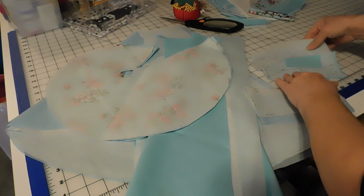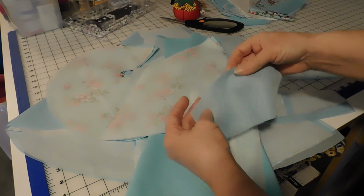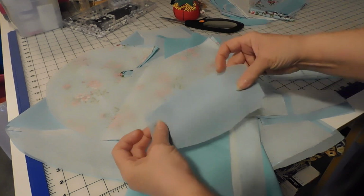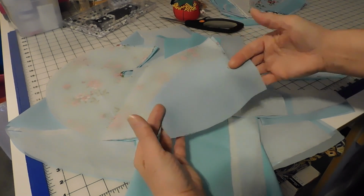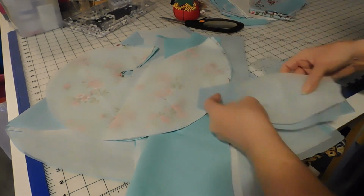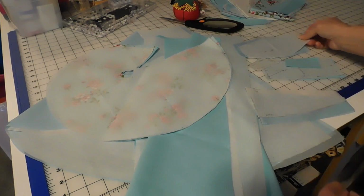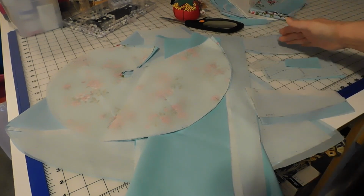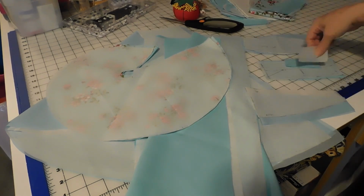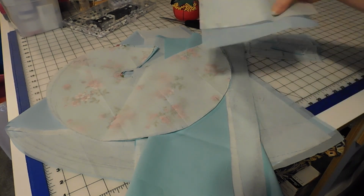let's see, where's the little sleeve puffs. I did cut 4 of these pieces, so I may just go ahead and sew them and then turn them out so that I'll have finished edges and I won't have to hem those edges. So each little sleeve puff has 2. You can kind of do that however you choose. You can either do that with a facing or just hem the edges, however you want to work that. There are 4 of the little back pieces, 1 of the facing, and then the little gathered part that will